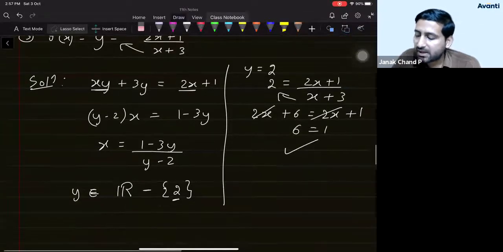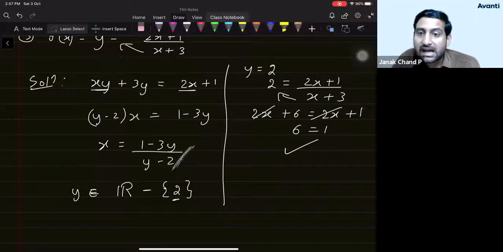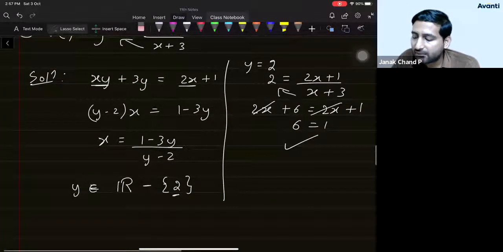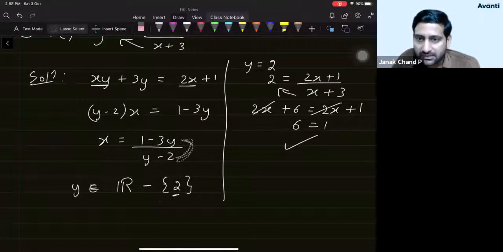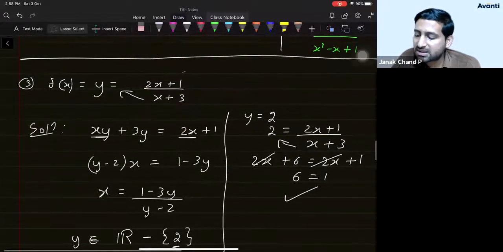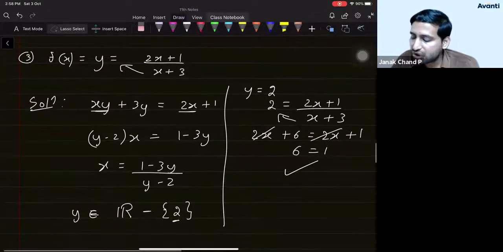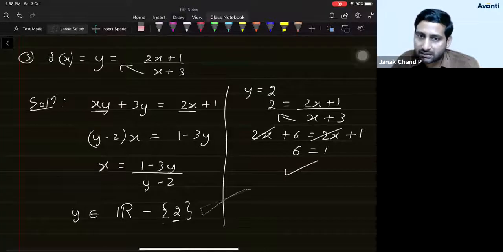However, students, whenever we're getting an answer from this, and this is not the actual question, we modified the question and we got this. We are removing the value of 2 from a modification of the question, not from the original question. It is very important that whatever you are removing properly matches the original question. So when you put 2 here, you're getting an unacceptable answer. Hence, it should be removed, and whatever removal we're doing here is correct.